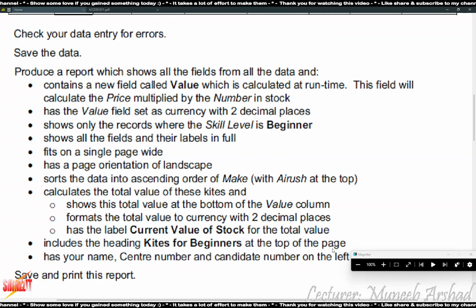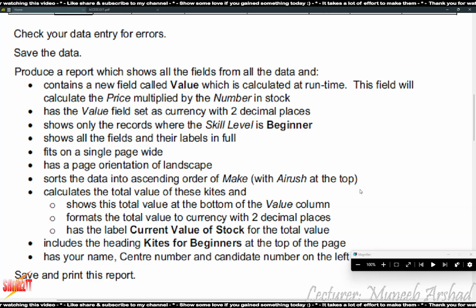Do we get time for Access? Not just for Access, it is for the whole paper. 2 hours and 30 minutes. And the paper, like which software? For paper 2, office applications and your movie maker and Audacity. Why? Do you want to use any other software? No, I'm just, like it's 5 years now.